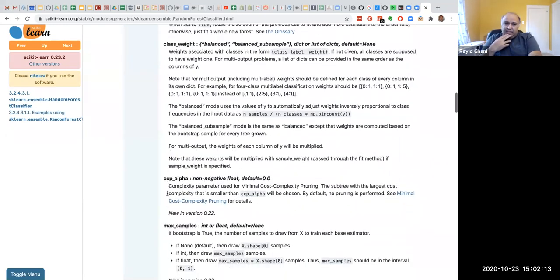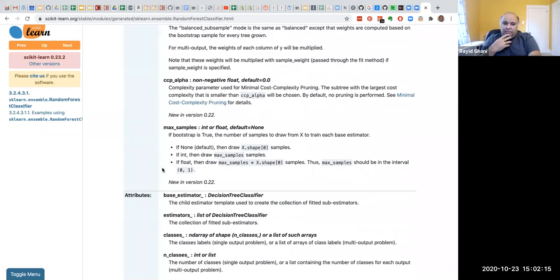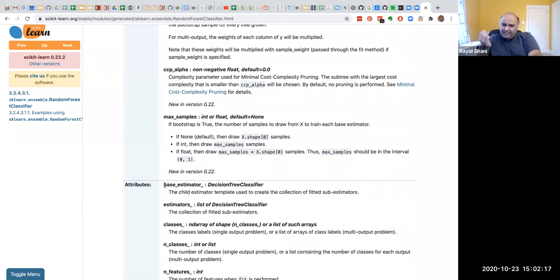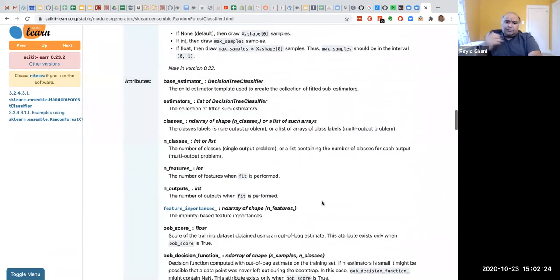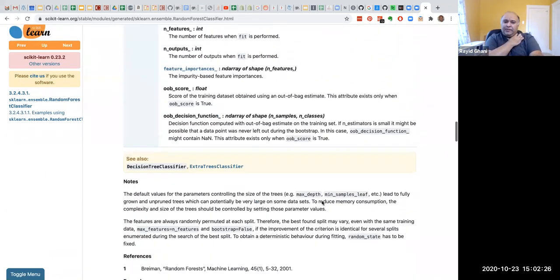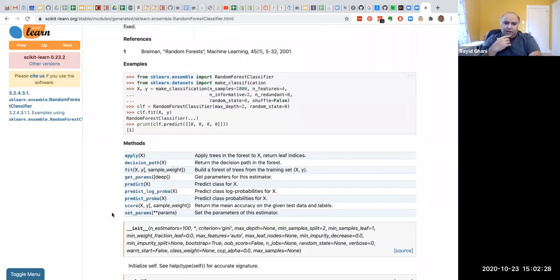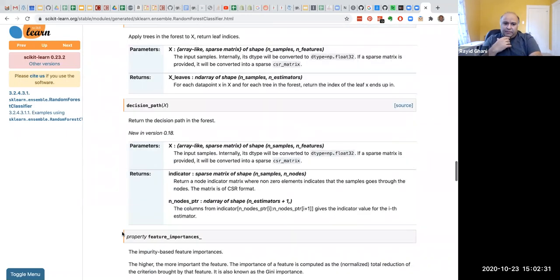And that's mostly it for that. You could change the base estimator from a tree to something else. Usually, then it's not a random forest, it's an ensemble of something else. And there's a bunch of other interesting things with random forest. You get these methods for getting you